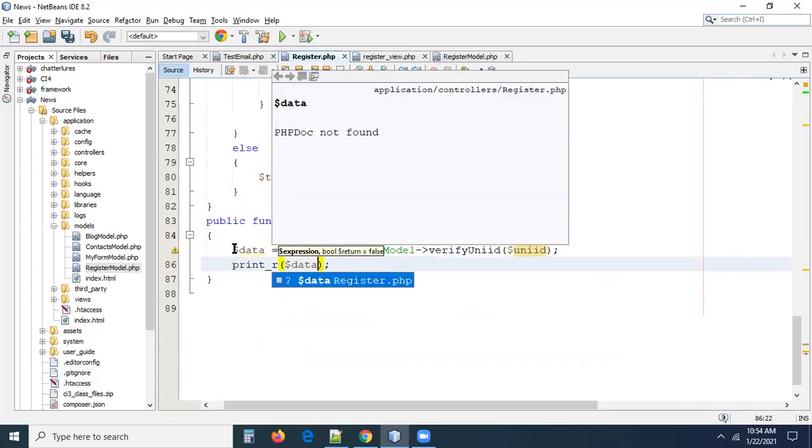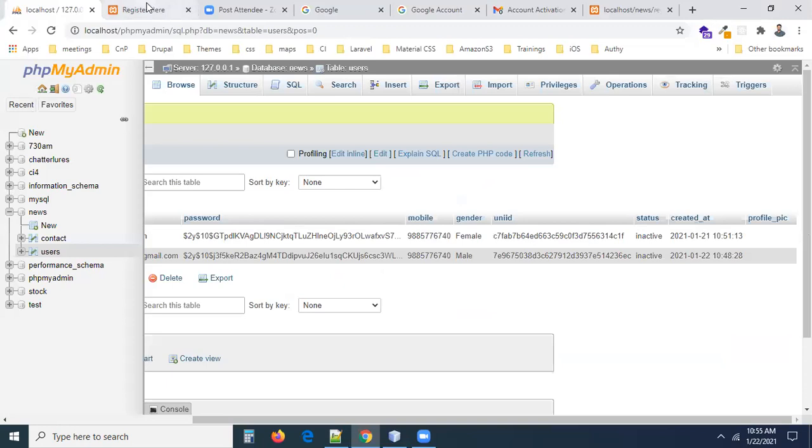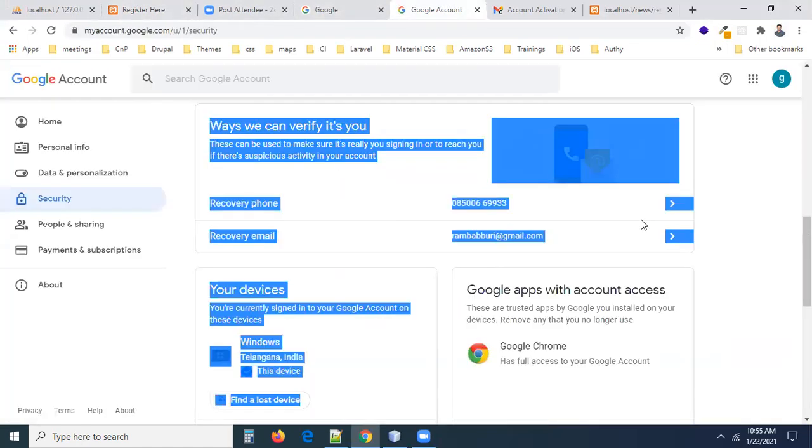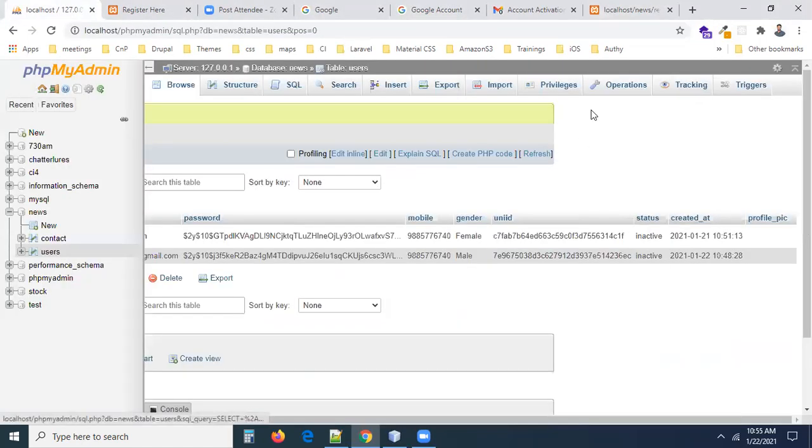If that UniID exists, whatever the UniID you are clicking there, then what will happen? Definitely you can have something. Let me go and check this. Just I'm going to refresh it. See, that UniID exists. That's why you are getting the data. For example, I'm providing some wrong UniID, 6EC12. I provided it and submit this. You are not getting anything, it is empty, because the UniID is not there.